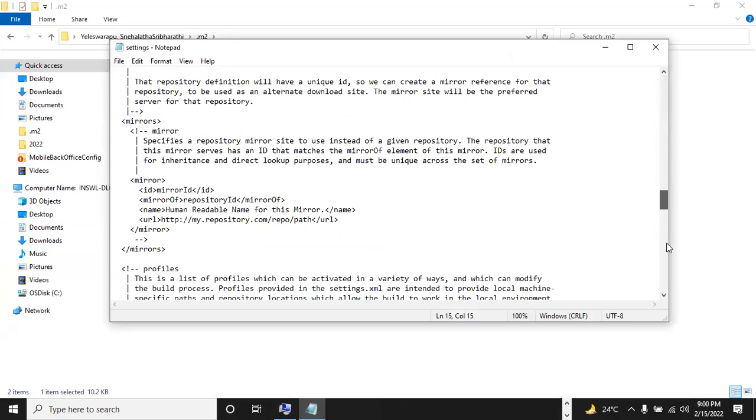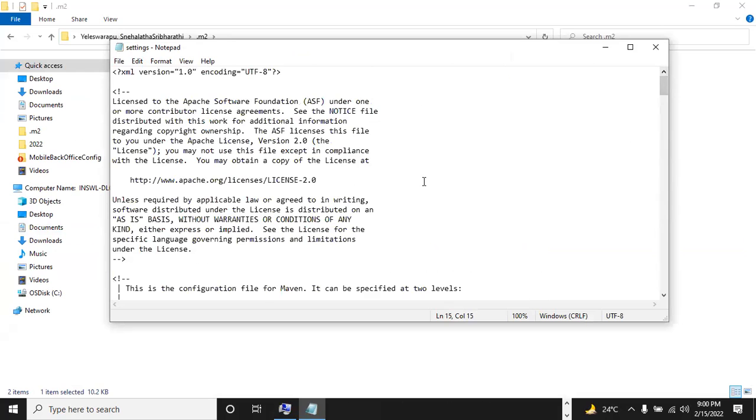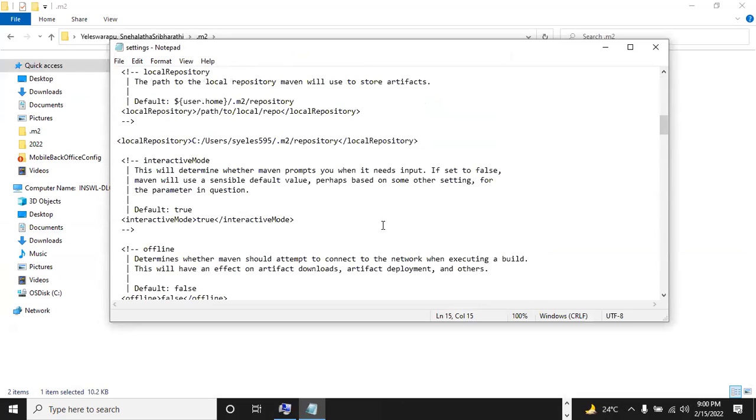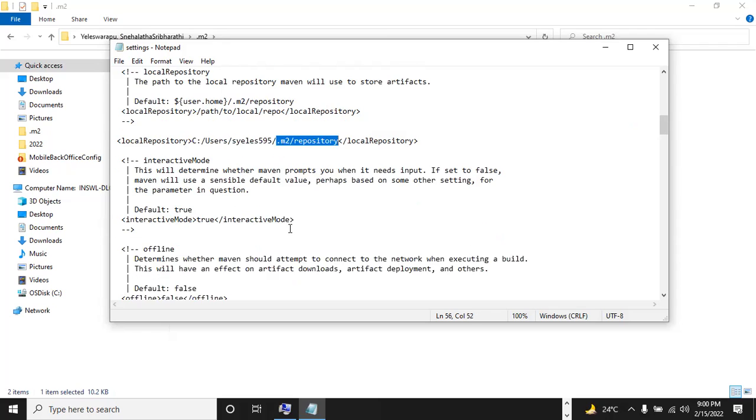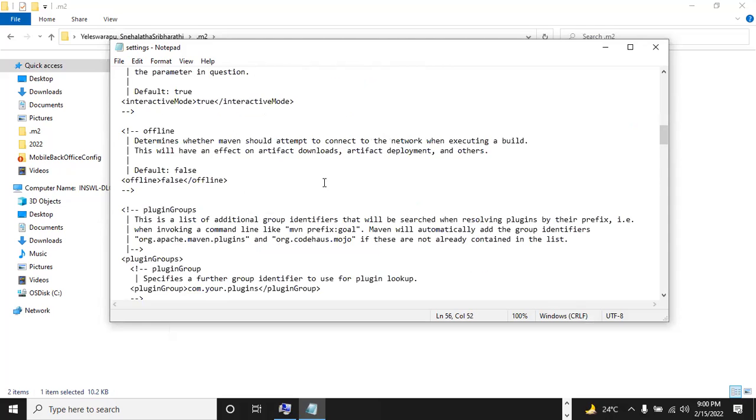This is something which you get from your Maven installation. And in this, you have something called local repository. So wherever you have installed your repository, that would be the path. And you can see the local repository is from my path, .m2 repository.